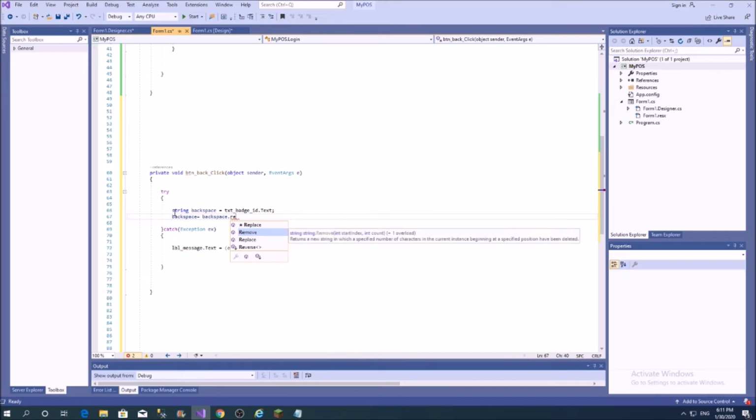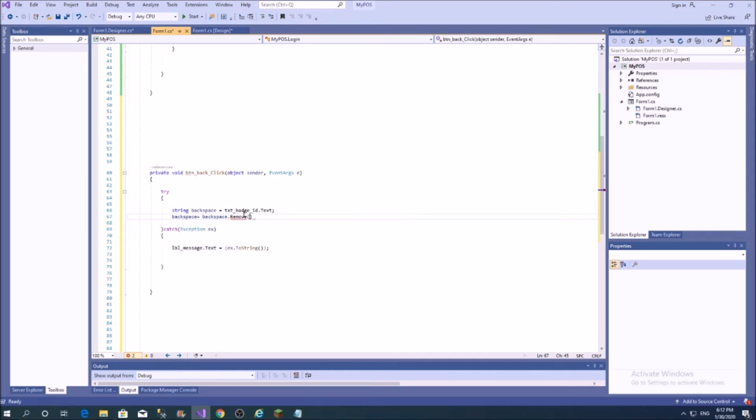And what do we want to remove? We want to remove something from the text box. Whatever's in that text box, we want to grab it, because remember we created that variable. That variable backspace is holding the information in that text box, okay? So we want to say remove,